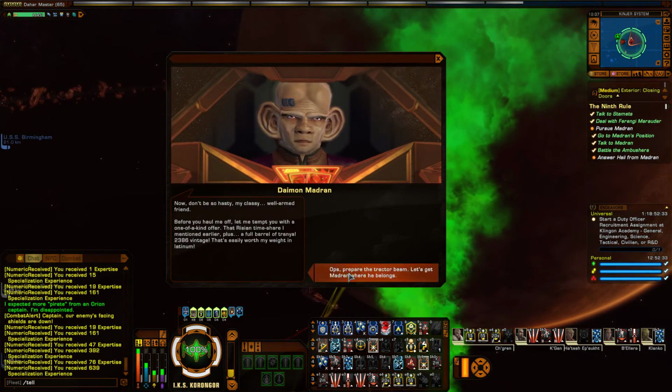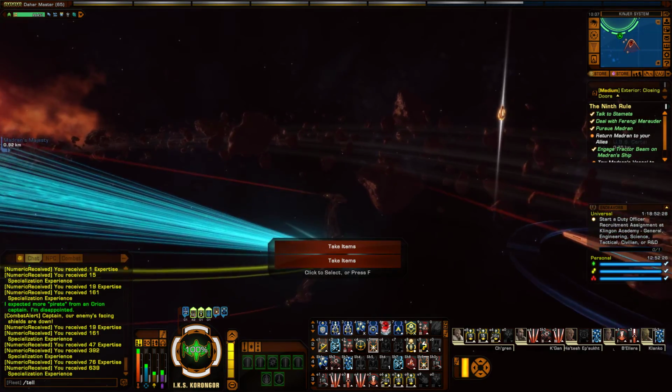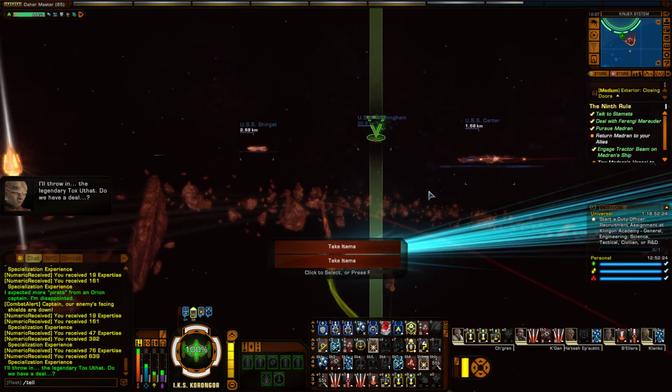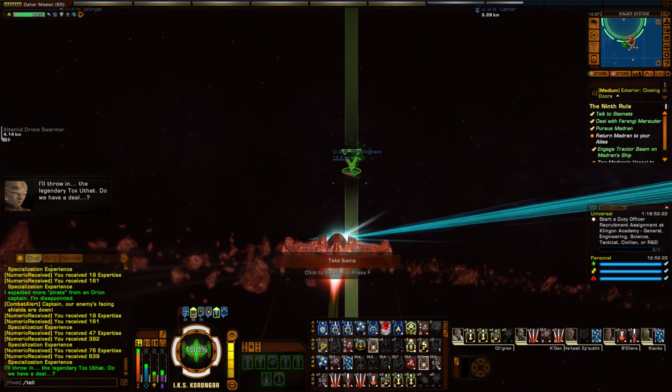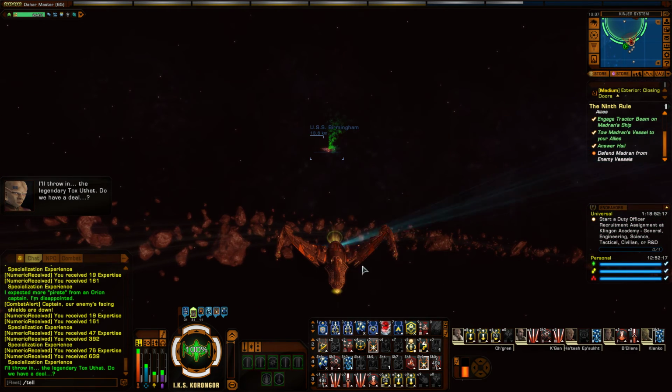The nerve! Now, yes, okay. Let's engage tractor beam. Let's take him back. I'll throw in the legendary Tox Utat. Do we have a deal? The Birmingham is ready for...